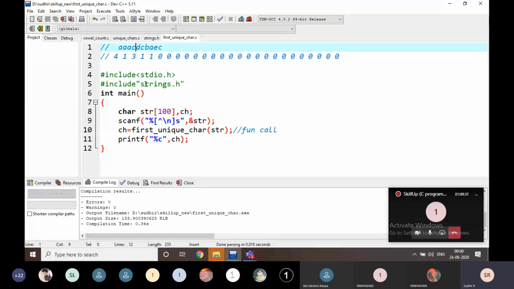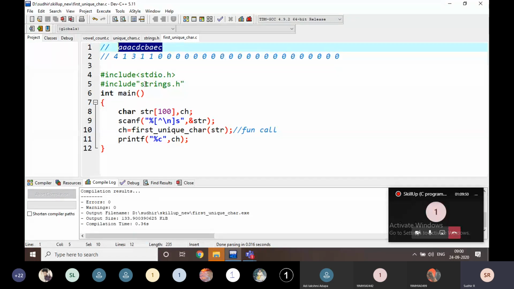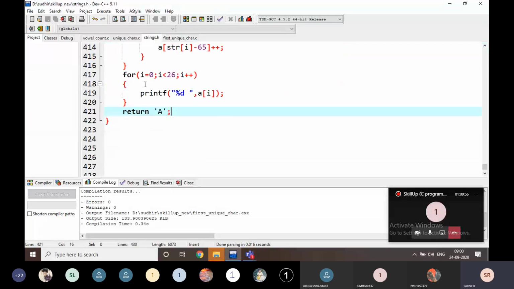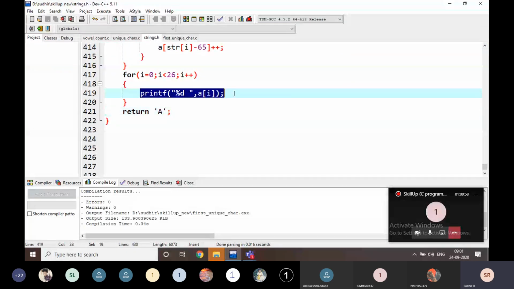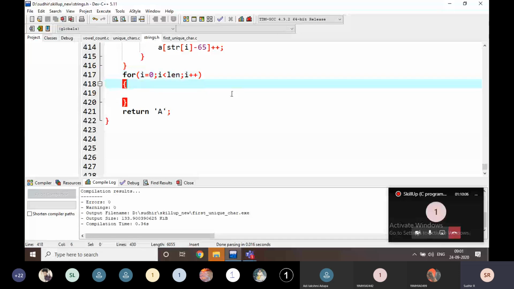Okay, I am going to trace from the string here. I am going to start from the string and trace the string, not tracing on this array. I am not tracing on this array. I am going to trace on this string and find that. I will show you how I am going to find here. Instead of tracing this one, I am going to trace here with the length. In the length I am going to find it.